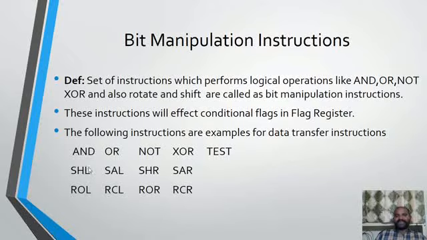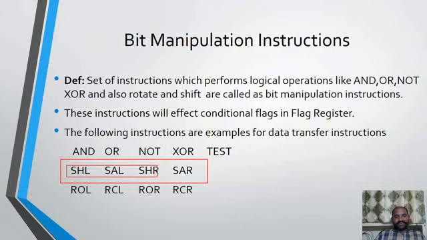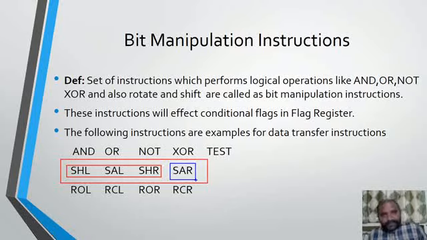After that, we are having the SHL instruction. These 4 are the shifting instructions. Out of these 4, these two are the left shift operations. Upon every left shift operation, LSB is going to be filled with 0. In the SHR case, right shift operation, upon every right shift operation, MSB is going to be filled with 0. But in case of the SAR, it is going to be quite different. In case of the SAR, MSB is going to be retained, a copy of the MSB is right shifted and stored into the next bit position and so on.